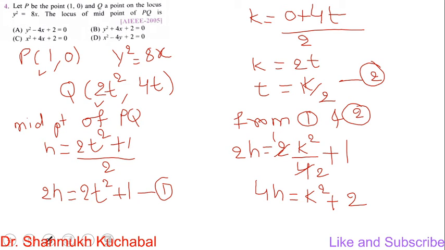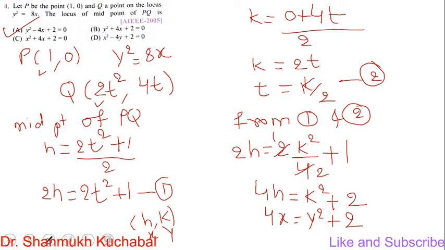So this value we have to take, and we get the x and y values. Here h comma k is the standard form, so this can be taken as x comma y. So we get 4x equal to y square plus 2. So y square, 4x transported to the RHS, minus 4x plus 2 equal to 0. So clearly we will observe that option A is the right answer.